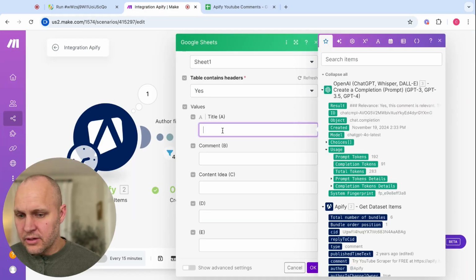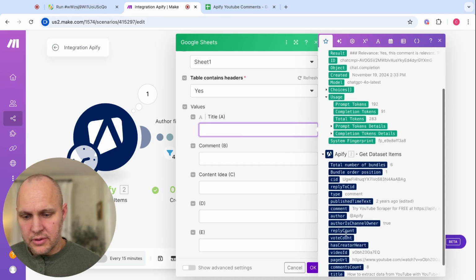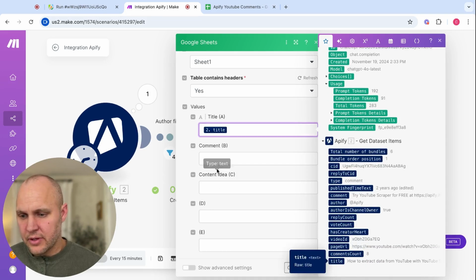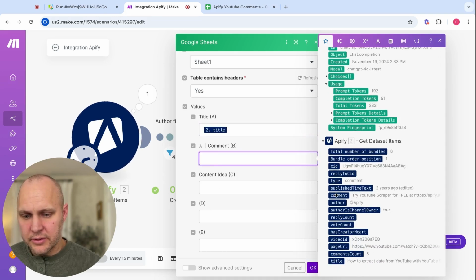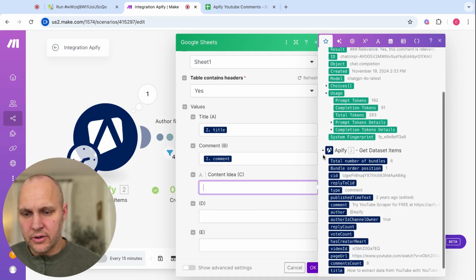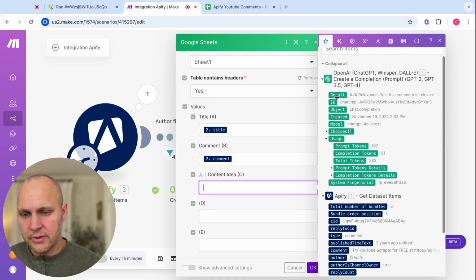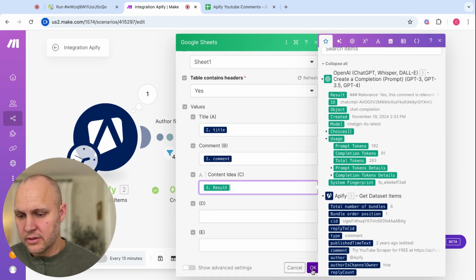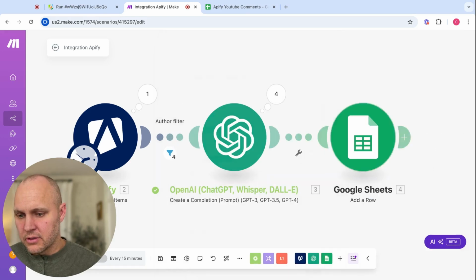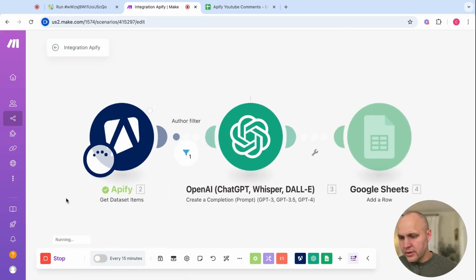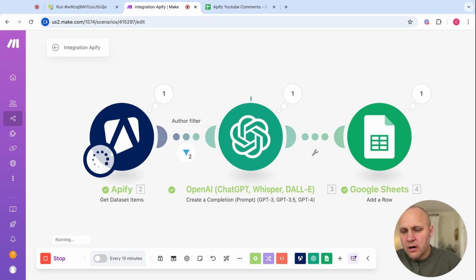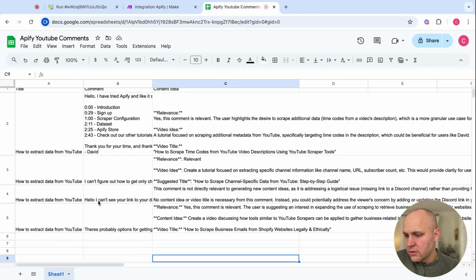So if we go back into here, we're going to grab the title of the video. We're going to grab the comment. And we're going to grab the content idea, which is going to be the result of our OpenAI run. Okay, so if we click OK and now run it, we should get those 4 comments and the ideas that go with them into our Google Sheet. Okay, so